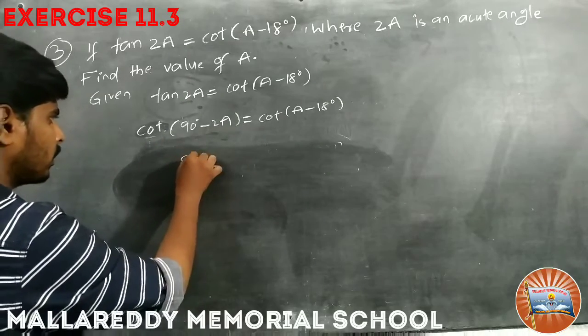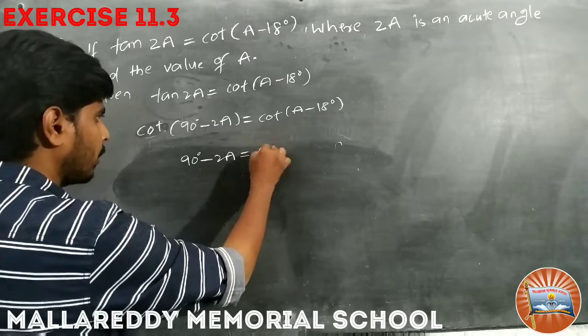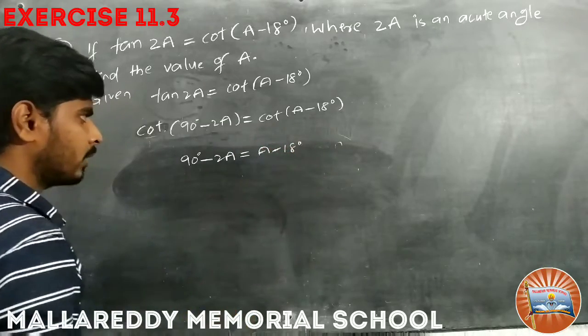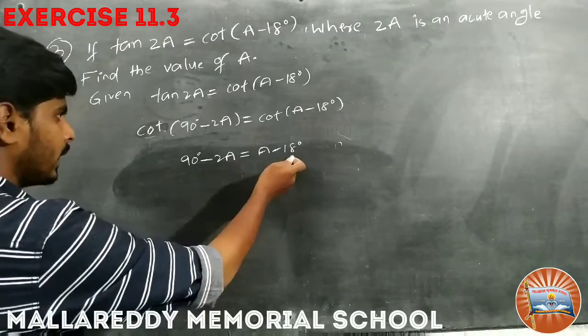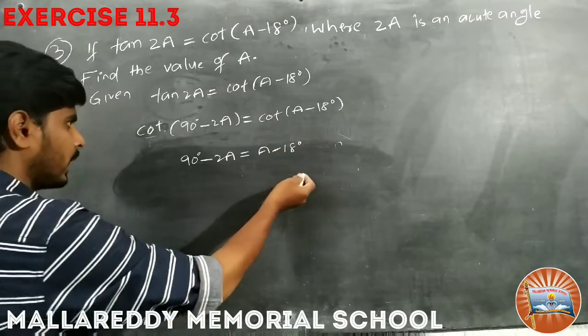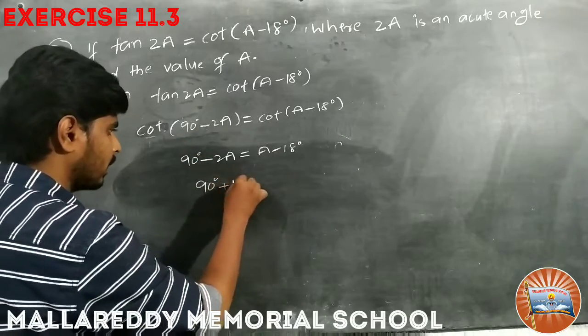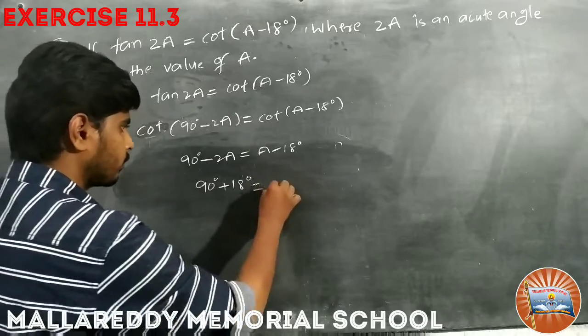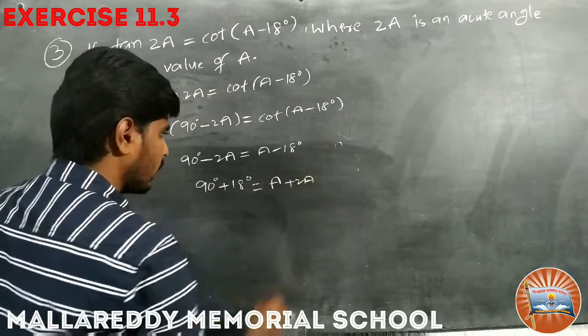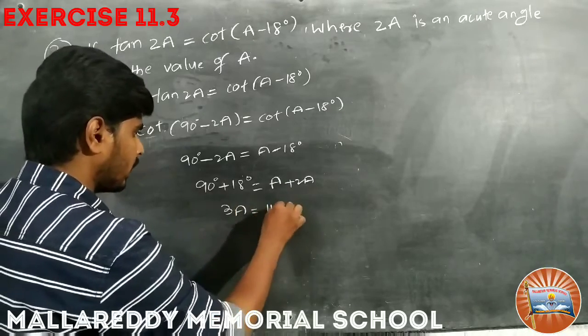So what becomes? 90 degrees minus 2a is equal to a minus 18 degrees, isn't it? Now bring this 18 degrees to here, this a to here, it means transpose 18 degrees to the LHS side, it becomes 90 degrees plus 18 degrees, it equals a plus 2a,